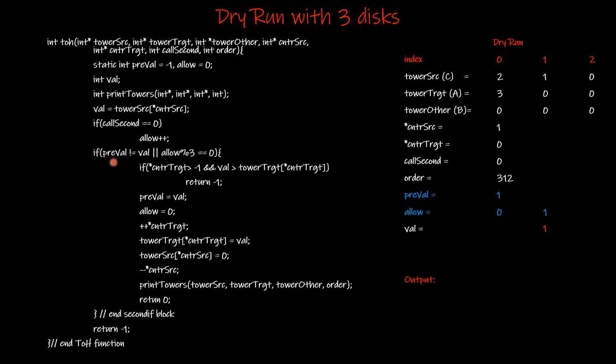Had this been true, which was the case in our previous call to this function, we were not evaluating this part. But this is false, okay, and therefore we are forced to evaluate this part also. And we do the evaluation. What is allow? Allow is right now 1, 1 percent 3 is not equal to 1, right? Now in this case, this entire if condition is false.